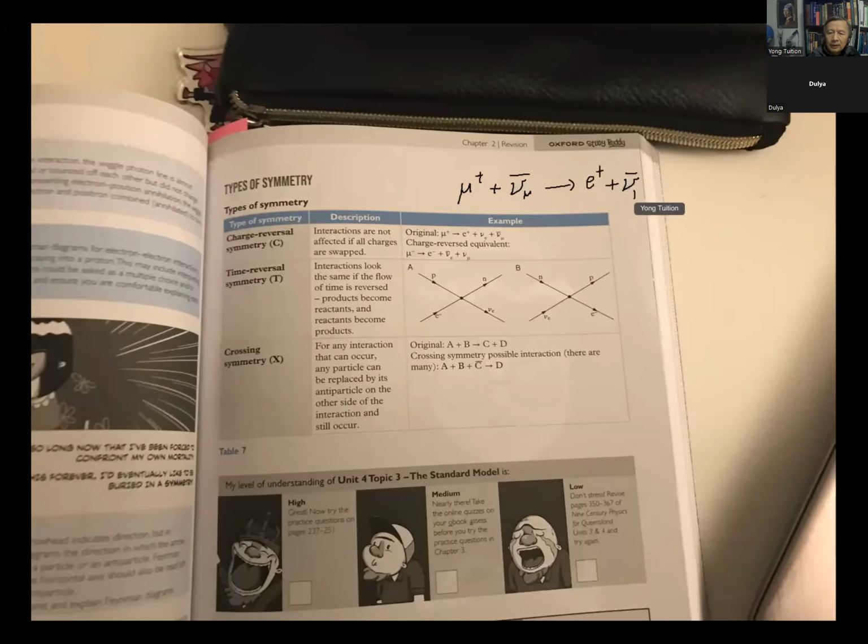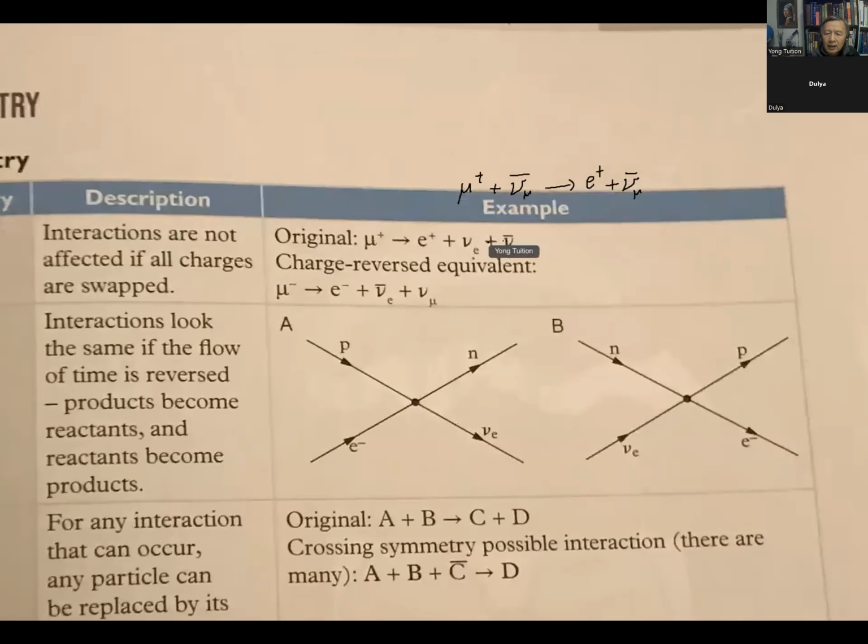Yes, right? We should be careful. I can't read that. They must have two types of neutrino. What is the subscript? It's too small. Oh, yes. One is electron type, and that one is muon type. So what I did, I just put this electron-type neutrino to this side, to the reactant. Can you see? So that should still happen, right? That's right.